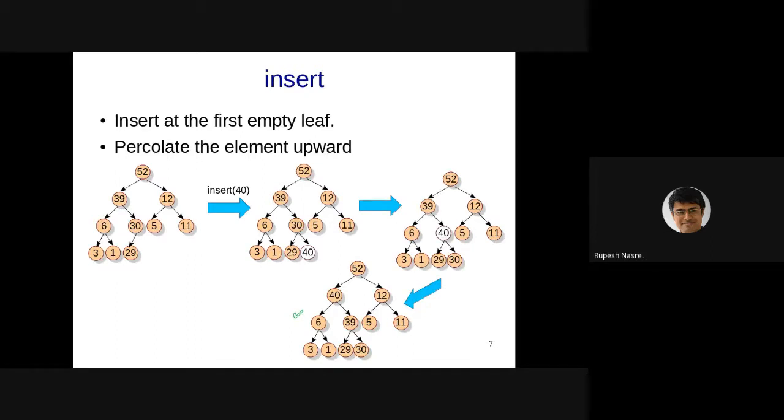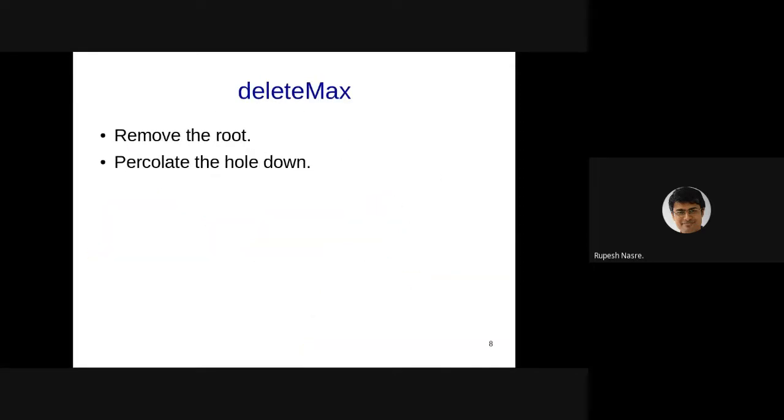Since this is not an arbitrary delete, we are not removing a particular element. We are actually removing only the highest priority element, and that is essentially the root. So we are interested in removing the root and percolating the hole down. Right? So when we remove the root, it becomes a hole. That hole we can move down, because out of the two children, I can choose the larger one, which has higher priority, and make it the root. And then I go on doing that. In that process, the hole keeps moving down. Right? So that is one natural strategy which can help us.